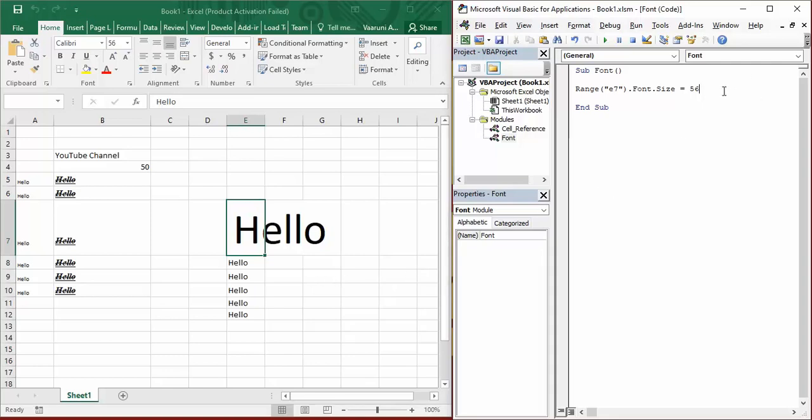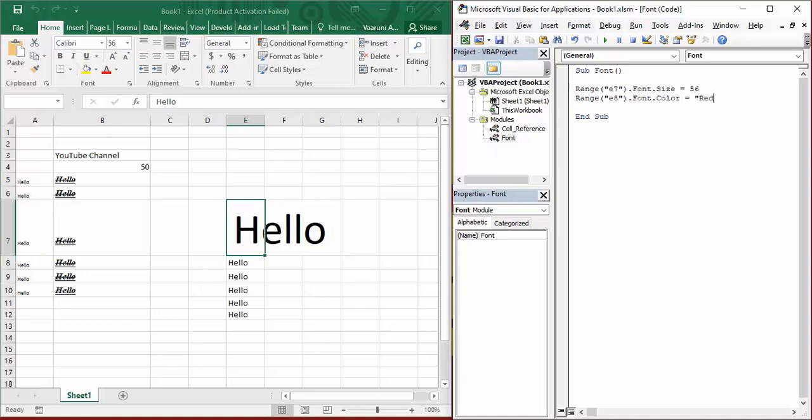Now the next thing is, if you want to change the color of the text, then how can you do that? So to change it, you gotta first provide the text dot font dot color equals. Now what color you want to provide? Suppose I want to provide it with red color.